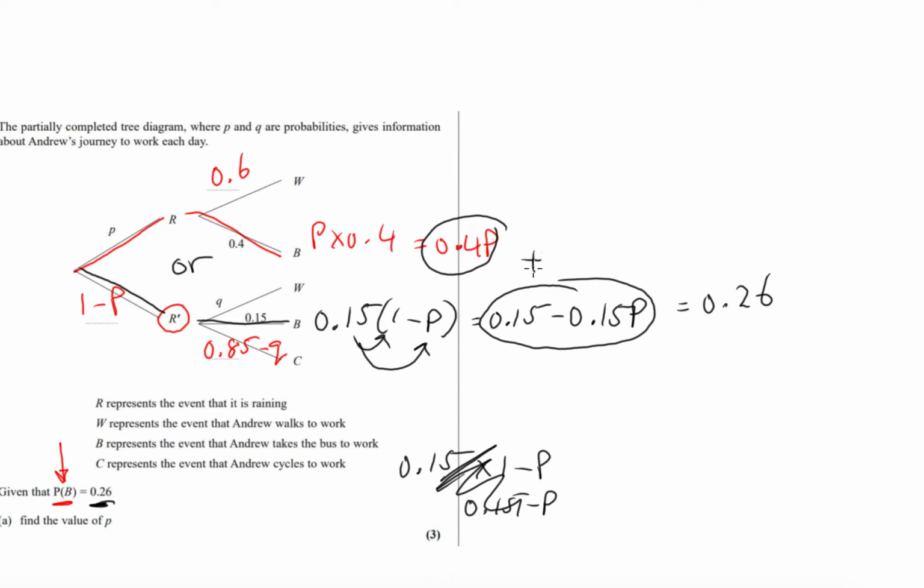We add them together to get 0.26. Let's write it out in one equation: 0.4P plus 0.15 minus 0.15P